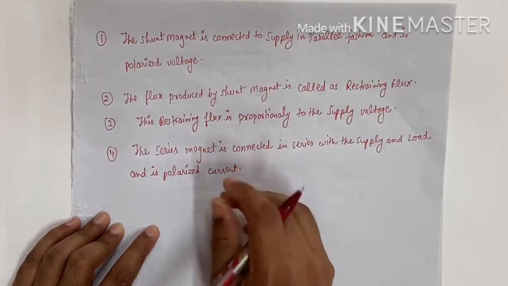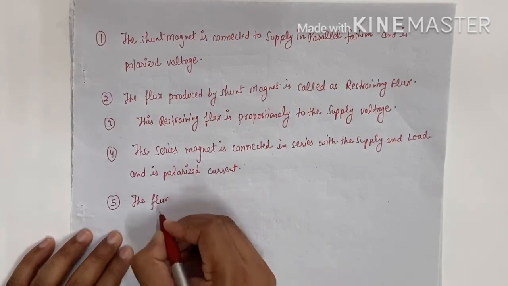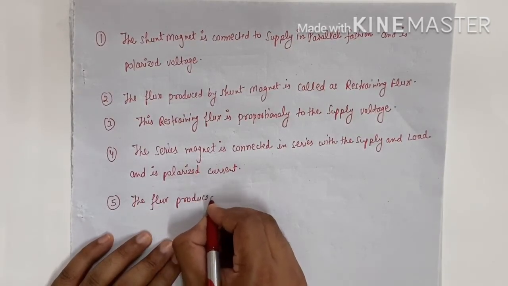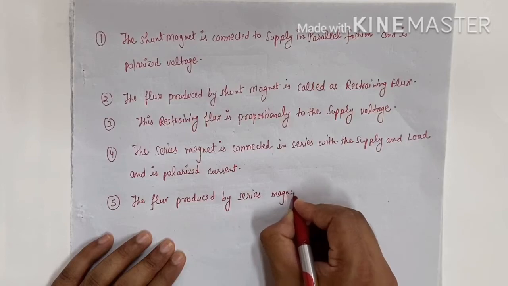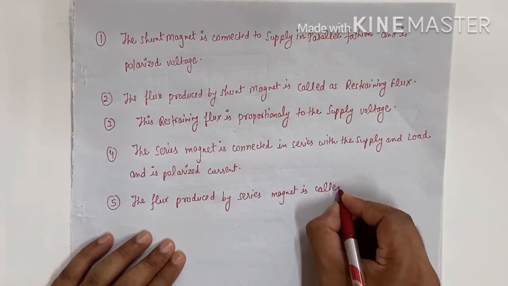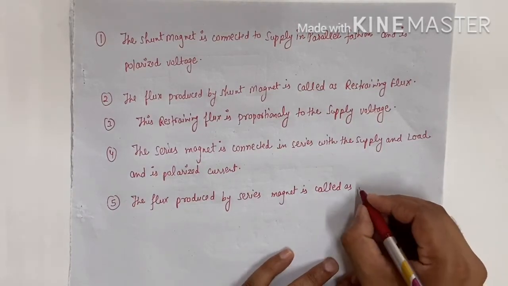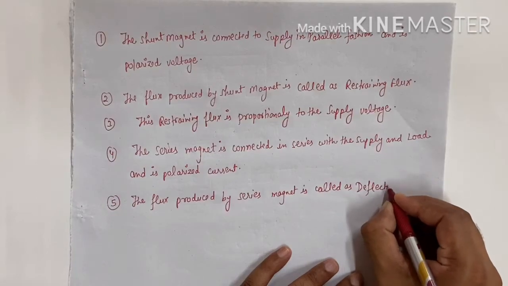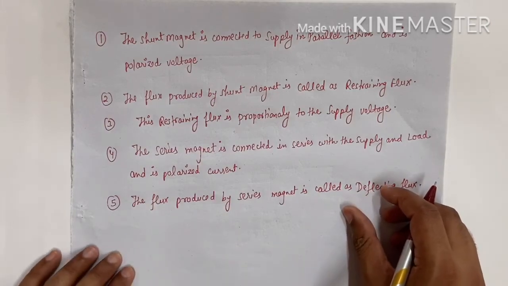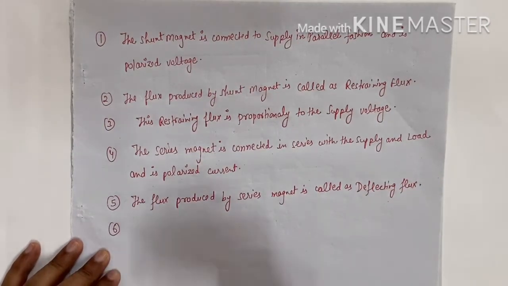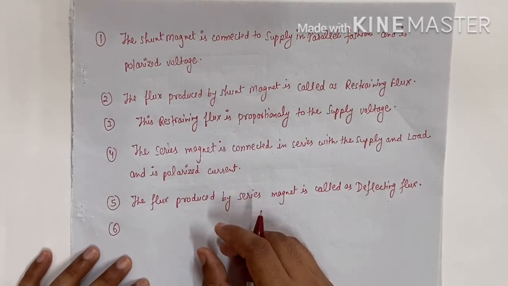The flux produced by the series magnet is called deflecting flux. Okay, initially when the relay is in the normal operating condition, the deflecting flux and restraining flux will not